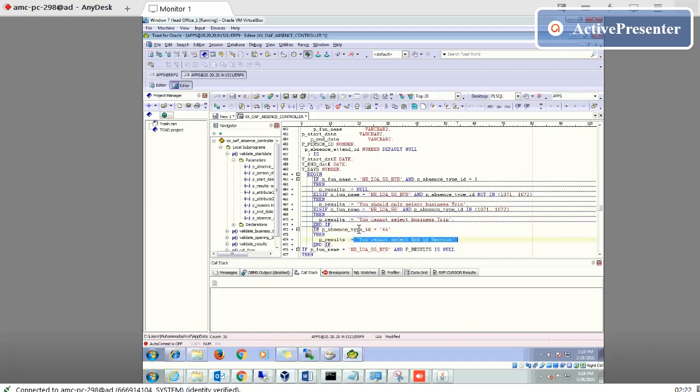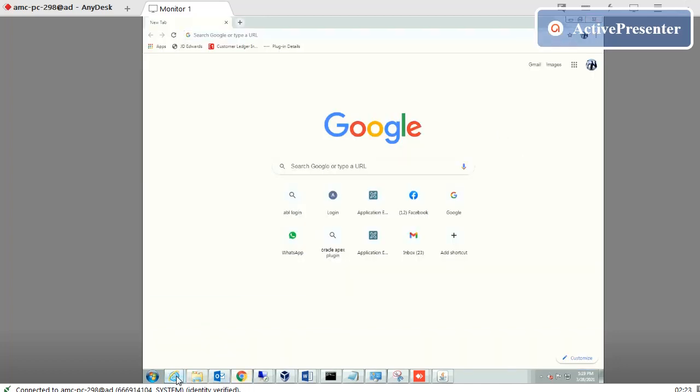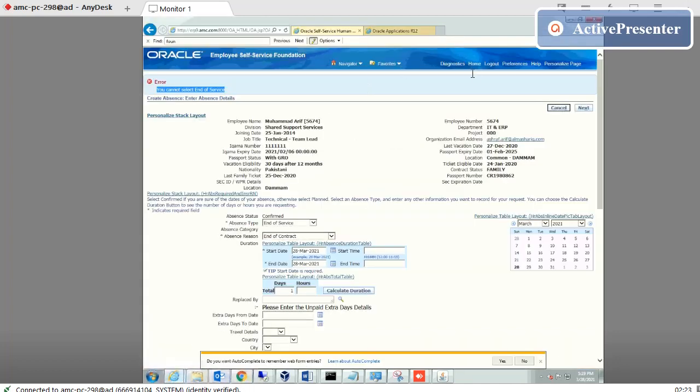When you create a controller, after creating a controller, you have to use the utility JPX import. After that, transfer your controller file to the server machine. After that, you have to go here. Here you have to personalize this page.